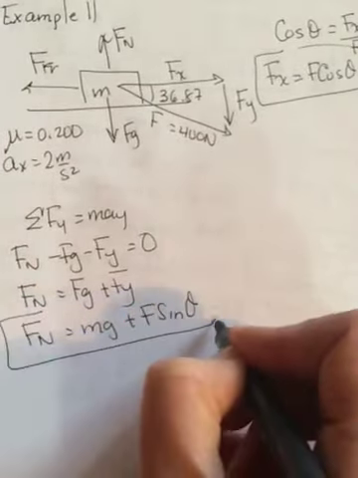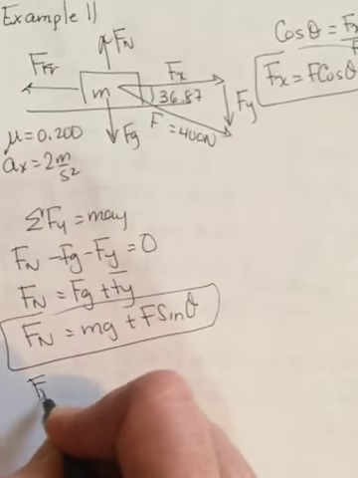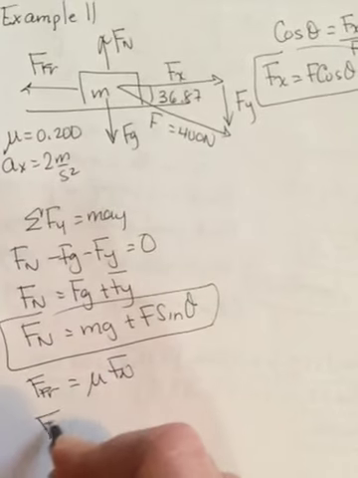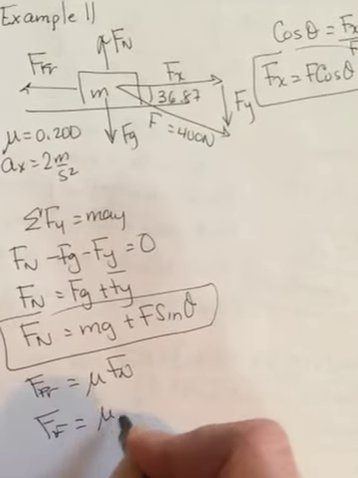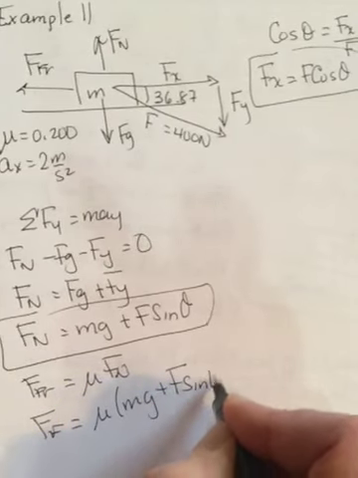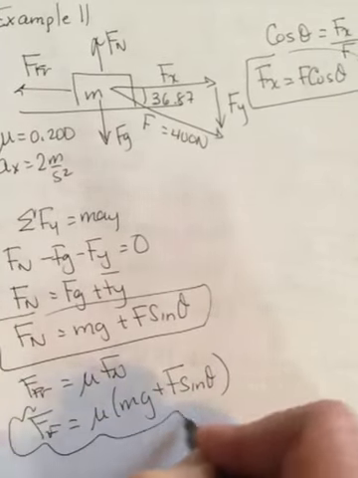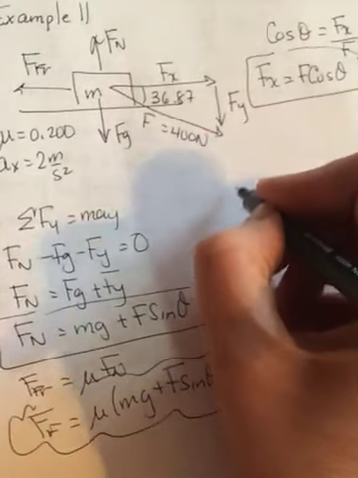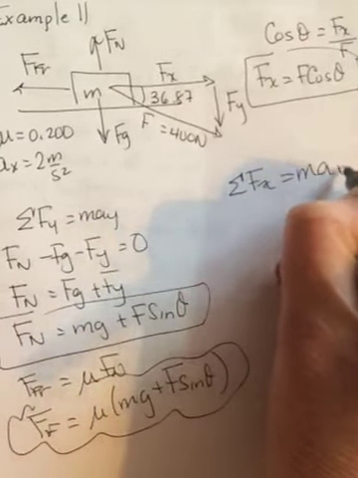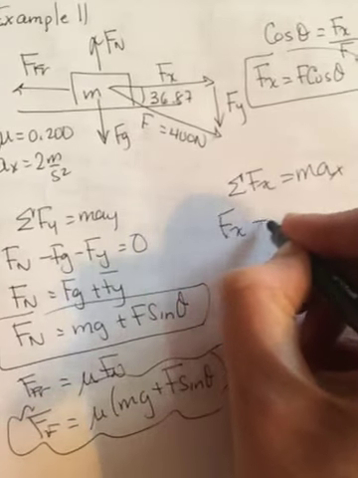And before you start the next video, why don't you see if you can finish this one? Okay, so Ffr is equal to mu times mg plus F sine theta. And then this is what you're going to sub into the x direction. So sum of the forces in the x. And so when we run out of time here in 2 seconds,